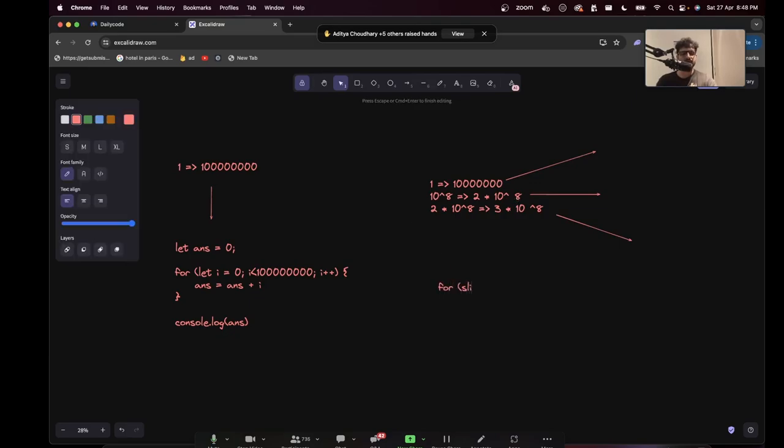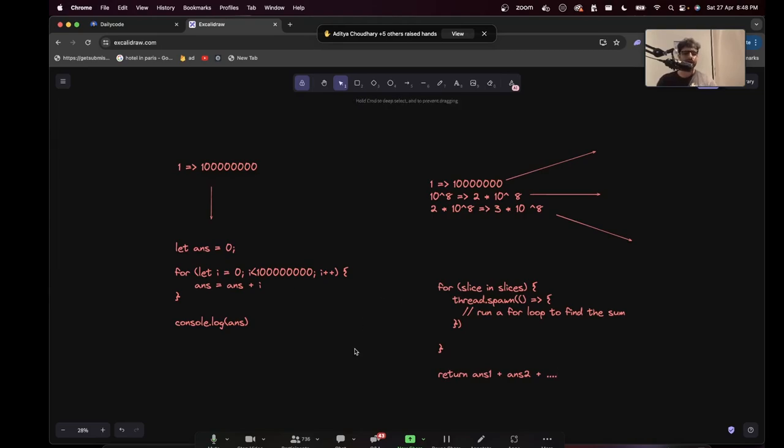For slice in slices, let's say we store these in a bunch of slices. You will do a thread.spawn, some function over here, which will actually find the sum for that. Run a for loop to find the sum. And then eventually you will aggregate the results from all 10 of the cores and return answer 1 plus answer 2 plus so